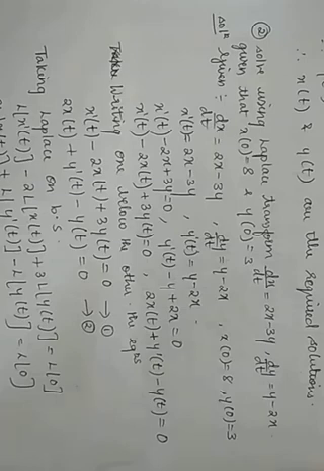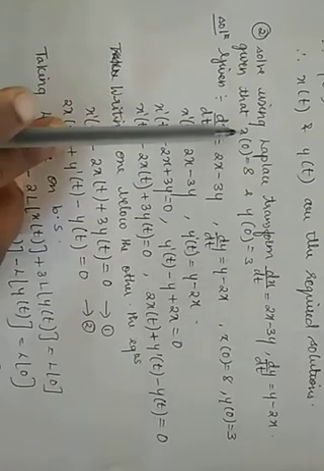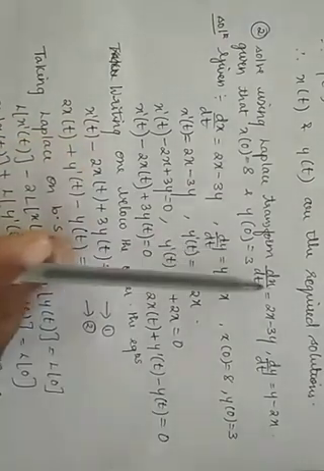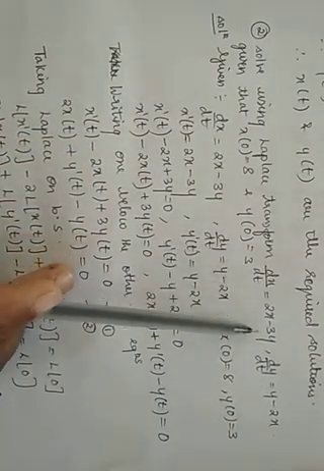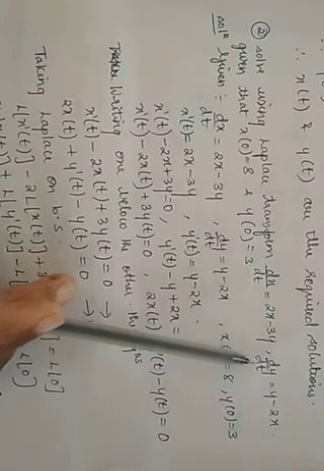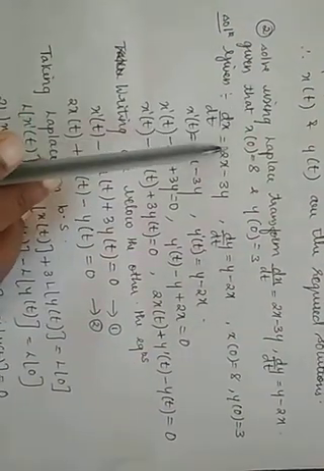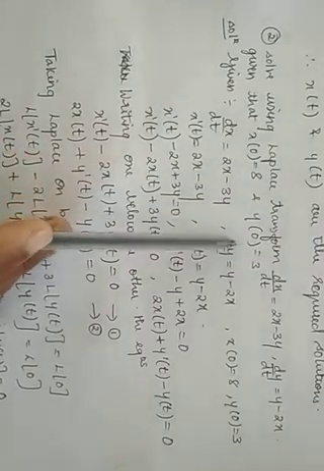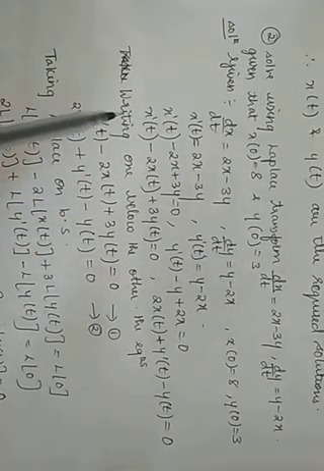Students, we will see the second type of problem in simultaneous equations, that is, solution of simultaneous equations. Given: solve using Laplace transform. dx/dt is equal to 2x minus 3y, dy/dt is equal to y minus 2x, given that x(0) is equal to 8 and y(0) is equal to 3.